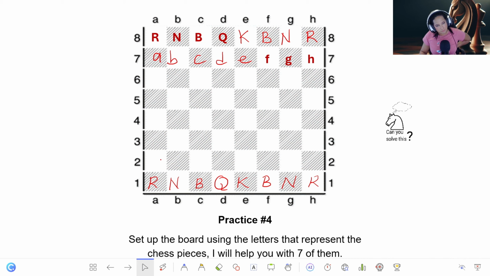Now on the front, you have all the pawns, and for them, you write the letters of the squares. Now remember that the letters of the square, you're supposed to write them with capital letters, okay? So we have A, B, C, D, E, F, G, and H, okay? So that will be it for practice number 4. Let's go to practice number